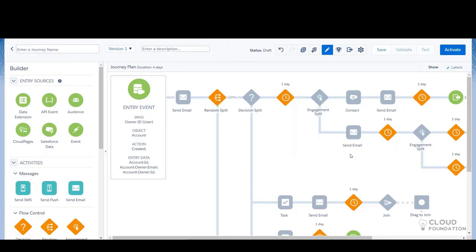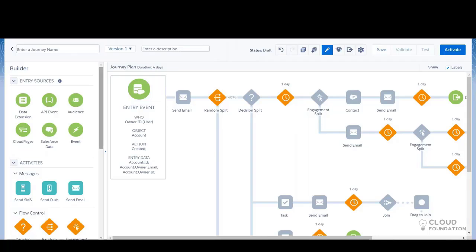So what your use case might be like, whenever you create an account, let's say you have brand new customers, and you created an account in Salesforce. Once your account is created, you need to send out an onboarding email, you want to send out an SMS, you want to send out a push notification, then you can automate all those processes.